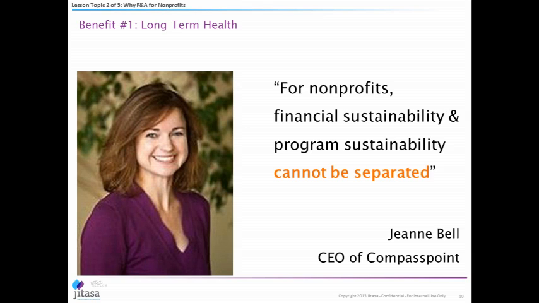So it's not enough just to put in place the proper programs and operations, and to have a good plan for that. You have to ensure that the financials that back that up are also sustainable and that they work together. That starts with having a strong understanding of your financials and where your organization stands, before you can look at how to grow the organization and make better financial decisions to put in place a better future and drive our growth. Those two things go hand in hand, which I think is a great insight by Jean Bell and her team, and it's really the cornerstone and starting point for the book that we just mentioned.